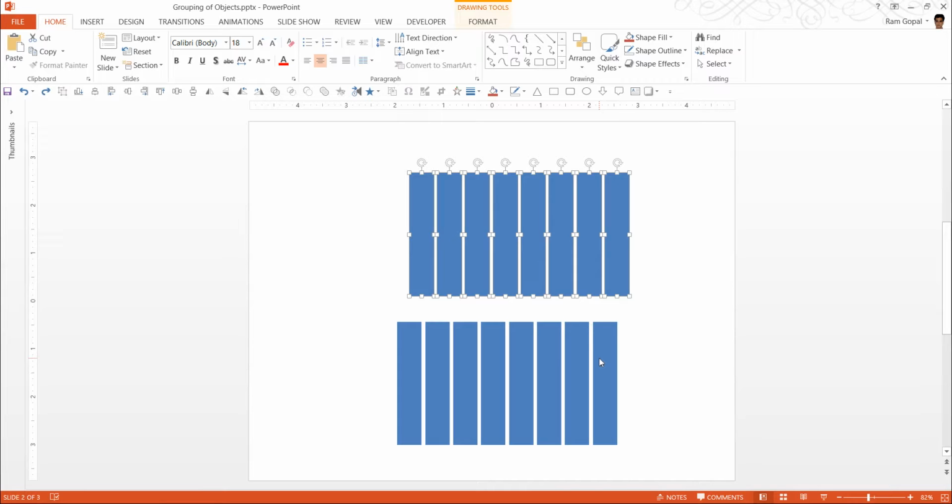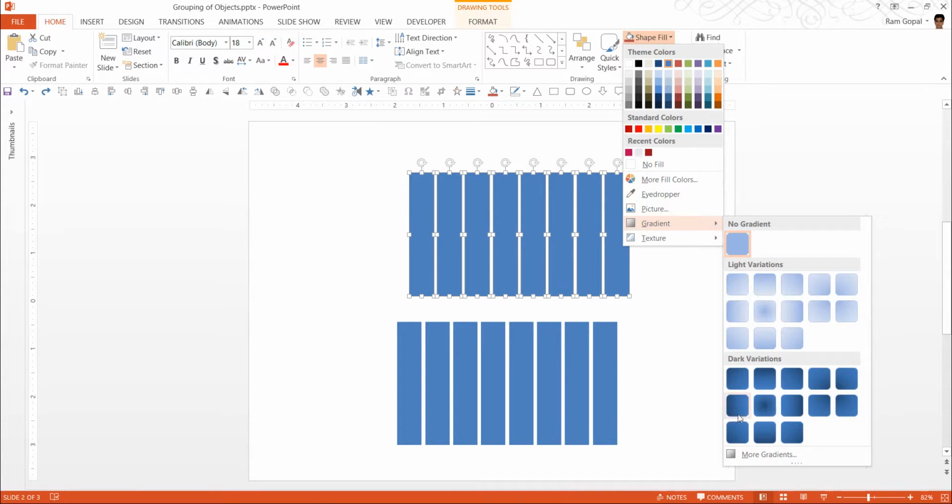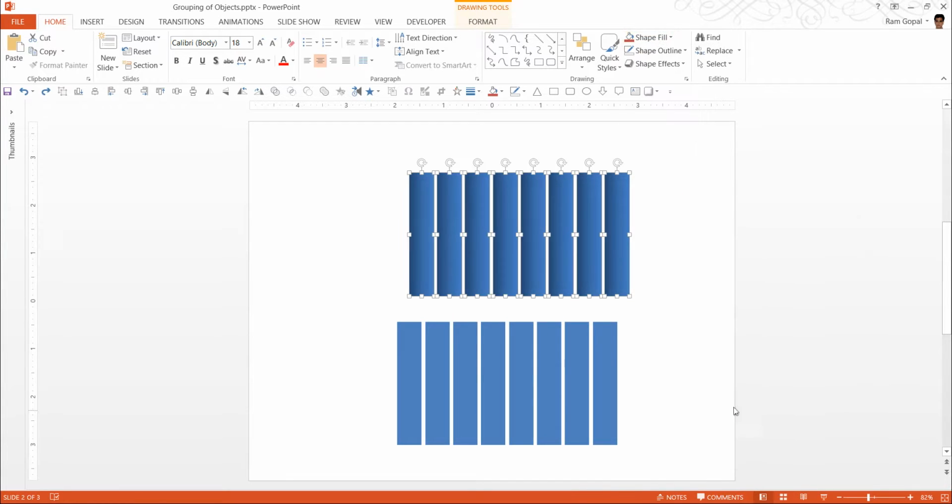The third and very interesting distinction is that PowerPoint treats these elements as individual items, whereas when they are grouped, these elements are treated as one object. And I'll tell you how this difference is very clearly pronounced when we use gradient fill. Let us go to the shape fill option and use a gradient fill from left to right, linear right. Here you can see that the gradient is applied from darker to lighter colors.